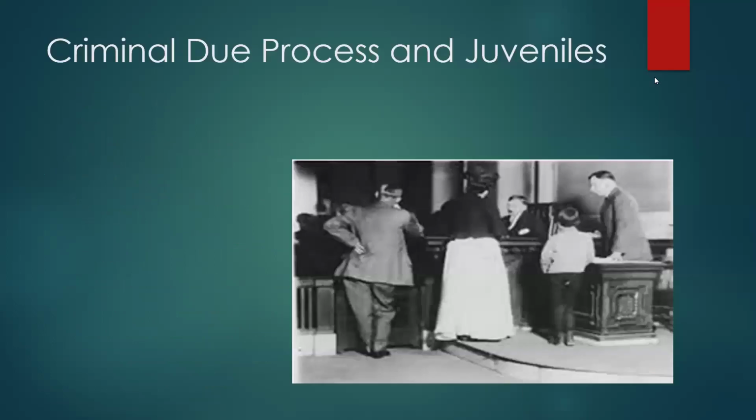All right, just very briefly, we are reminded at the end of this chapter about the different criminal procedural rules applied to juveniles. You could spend a whole entire class on the juvenile justice system. They do receive due process protections. That was determined in the decision of In re Gault, but their protections are not the same as adults. So In re Gault listed what criminal due process protections children will receive.